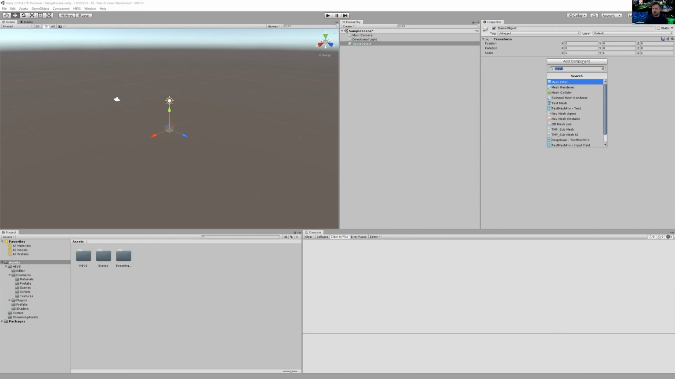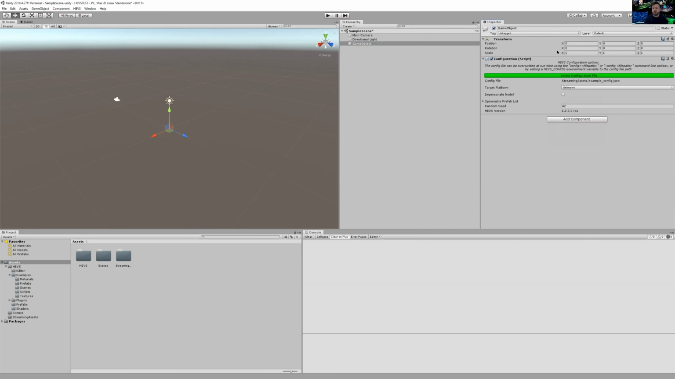And all I'm going to do is add a component. And we've got just the HEVs menu for components. And what you're after is just the configuration component, which is fairly small. Tried to keep it as small as possible. All the ins and outs are kind of just hidden away. But with just this configuration script and no other changes with it, this is now prepped and ready to run